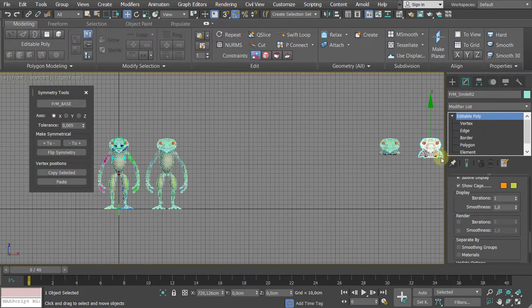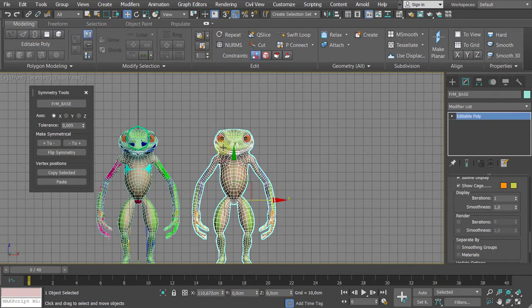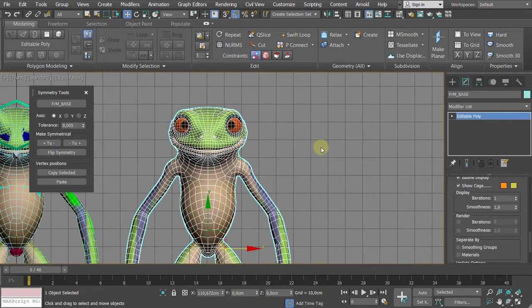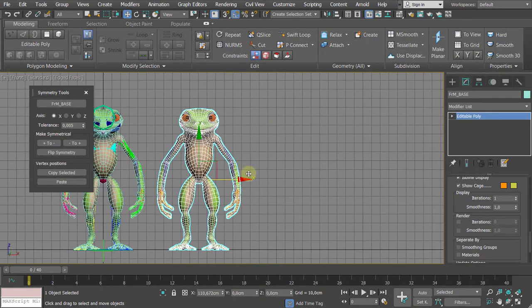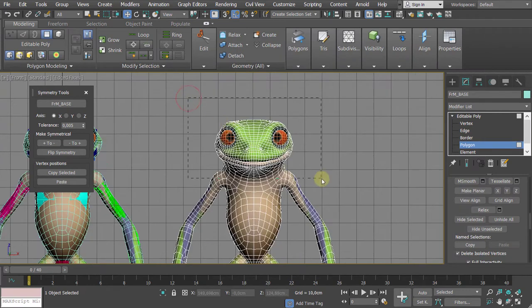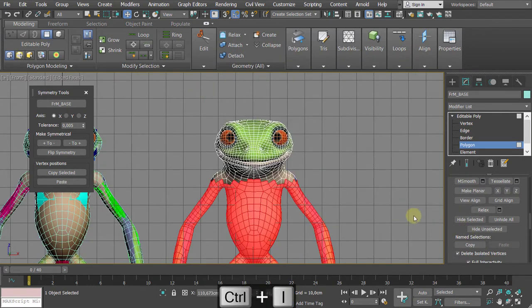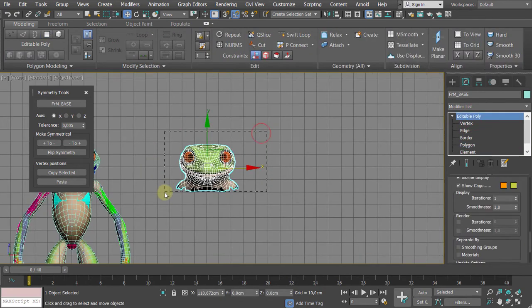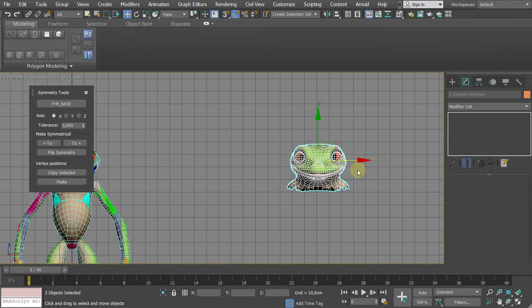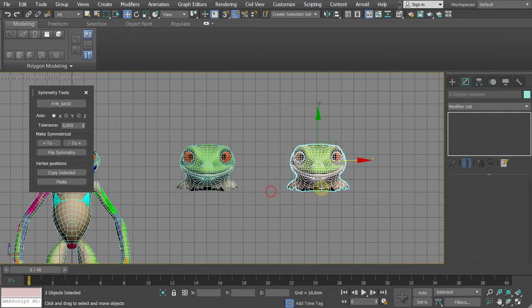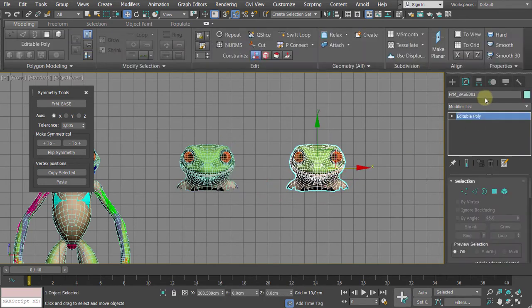So if you're disturbed by this, you can select this mesh, and right at the beginning, you can make this hide selection to make your life a little bit easier. So right now, I will do this because we are focusing on the eye. Select the head, Control I, invert selection, hide selected. And now I will make a copy of this head. And sorry, holding down Shift. Right, and the head will be